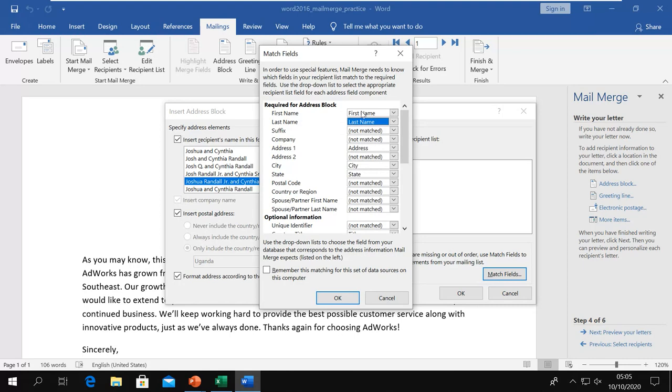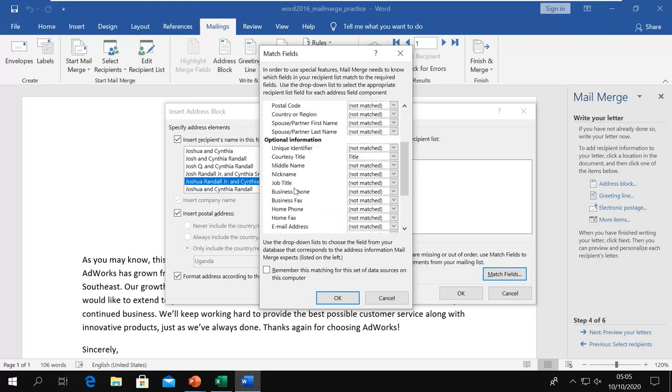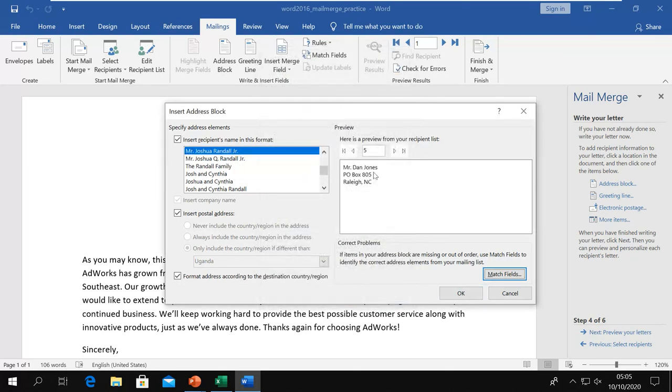So it is automatically matched, you can say, because I have created my file like this. But if it is not matching, then you can select like city, and on this side if it is saying something else, then you can select those fields, so it will match. Or any other field, if it is not matching, then you can match it from here. So it is already okay, everything is okay, so I don't do anything, I say okay.